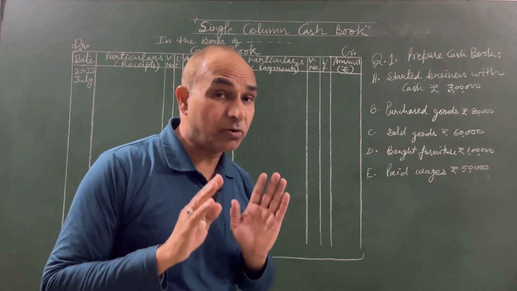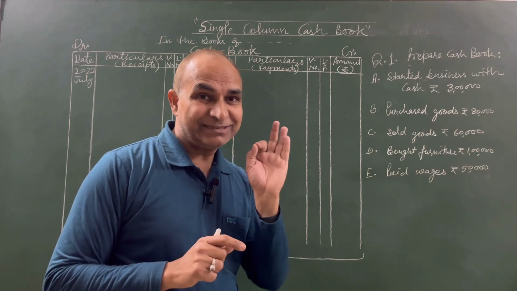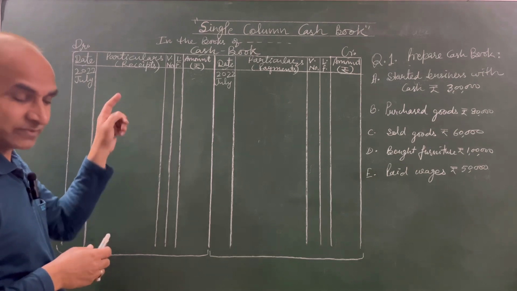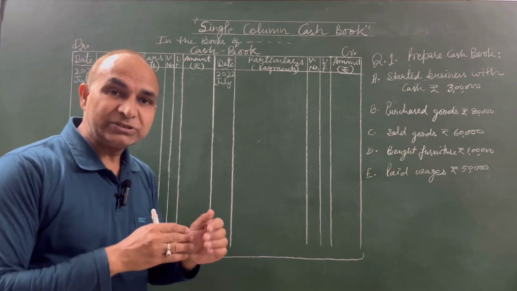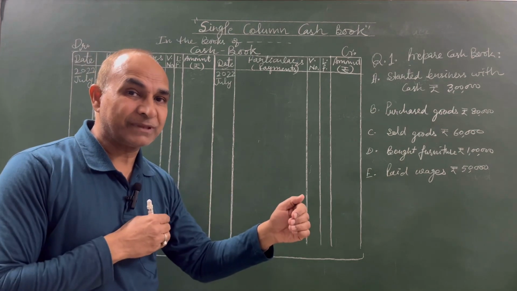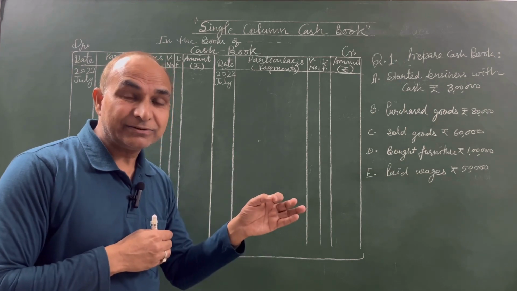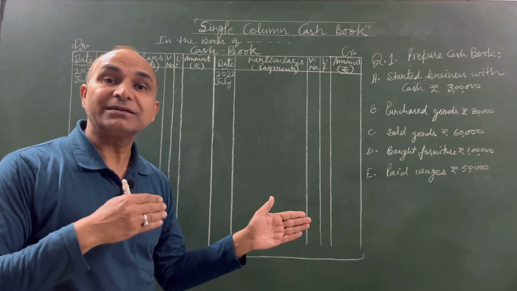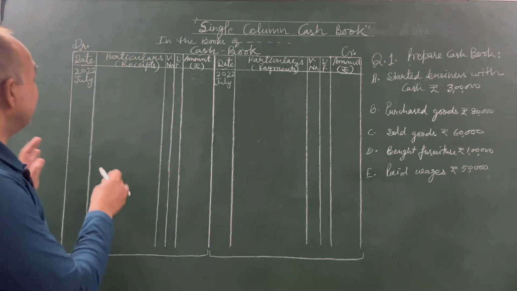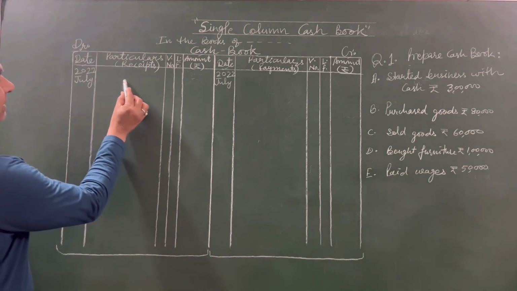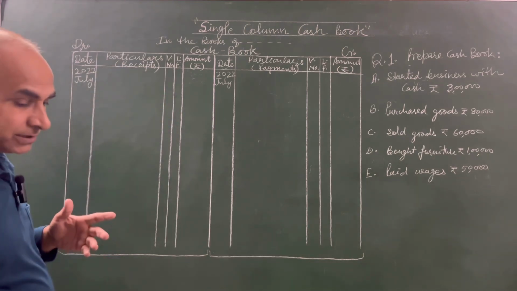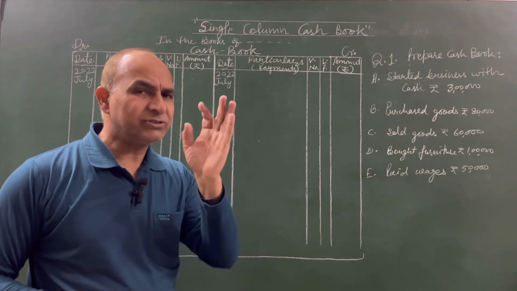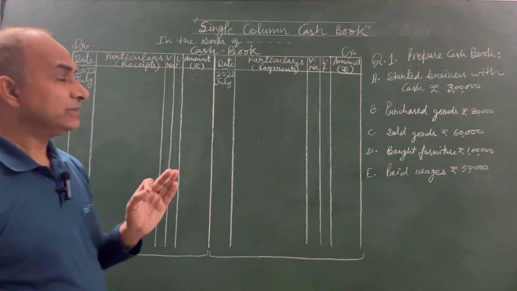If the business is old one, remember, if the business is old one, so we record here opening balance of cash. Every month cash book is closed and opened. The closing balance in the last month becomes the opening balance of cash in the current month. So that opening balance is mentioned here, to balance brought down. But if the business is new, suppose you started the business on 1st July, in that case you will write